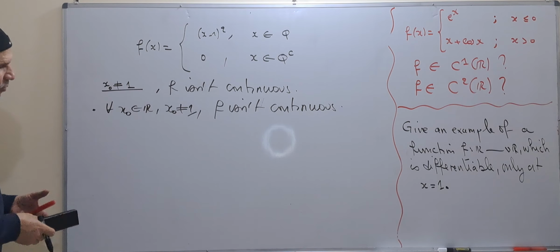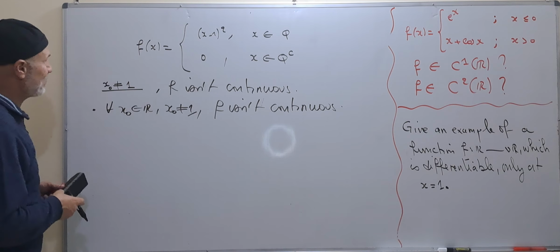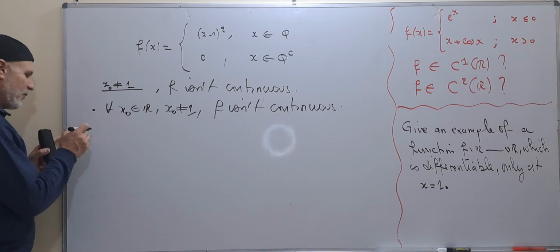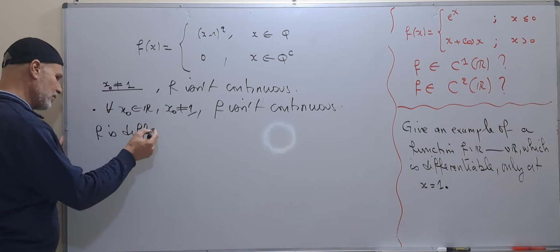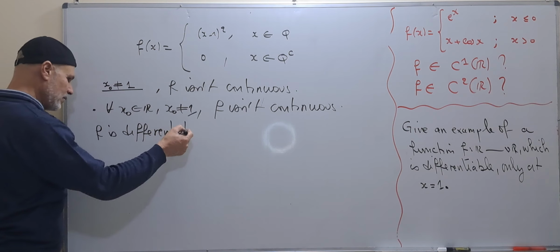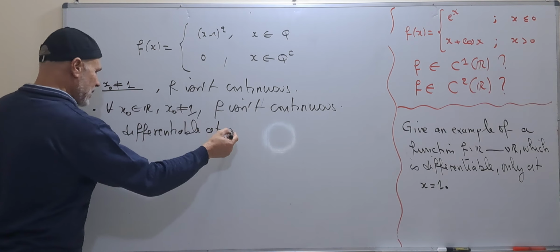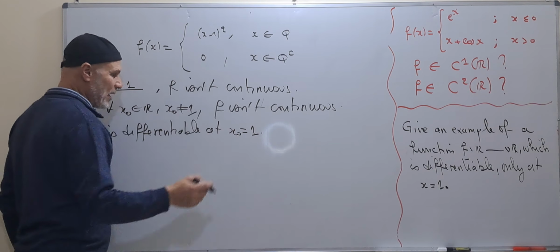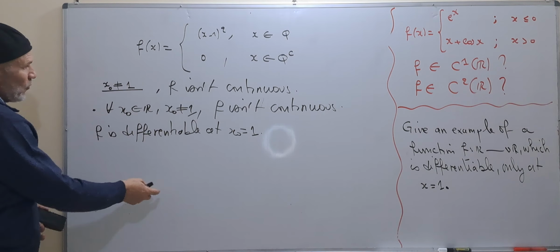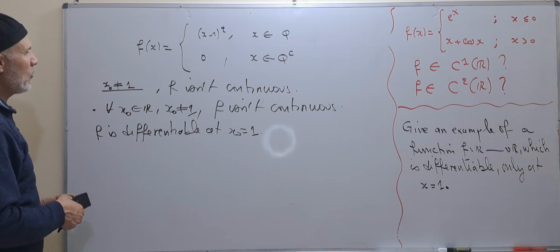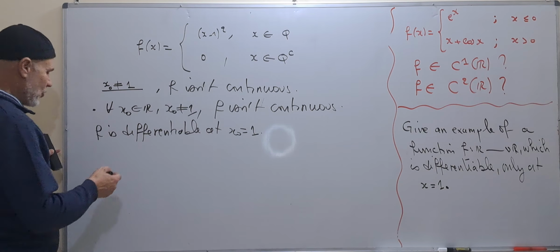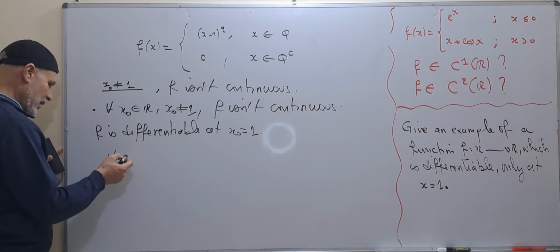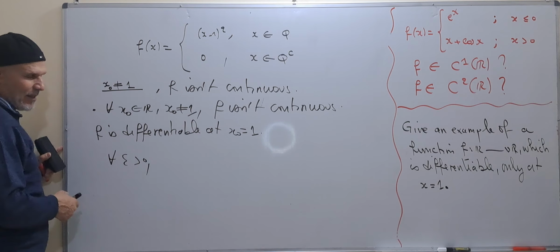So f isn't continuous, so it cannot be differentiable. F is differentiable at x0 equal to 1. It is continuous. We can have a proof by using the characterization: for any epsilon greater than 0,